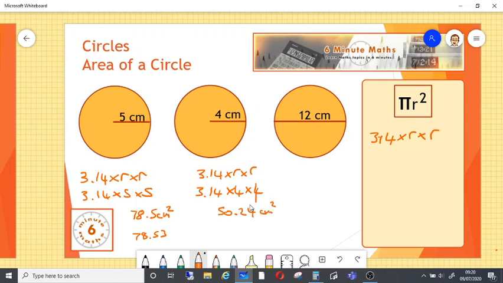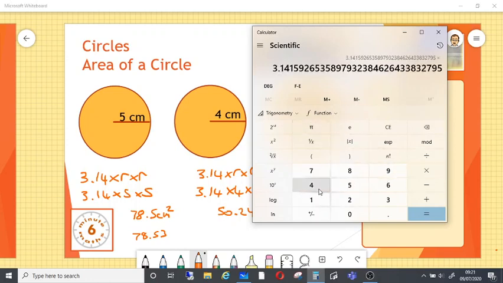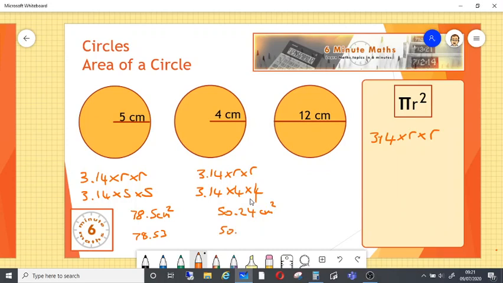centimetres squared. And once again, if it was using the calculator method with the full formula, it'd be pi times by 4 times by 4, and it comes out at 50.26. So it's slightly different. Wouldn't worry about that if it's done on the calculator or by hand. The examiners, the markers of your assessment paper, will take that into account depending on the qualification that you're working